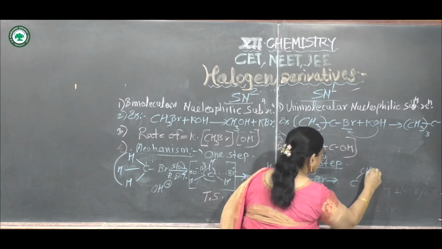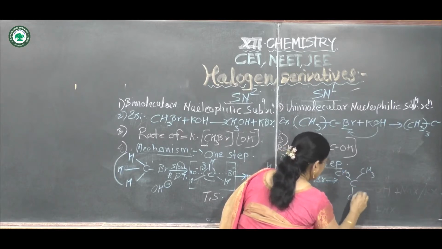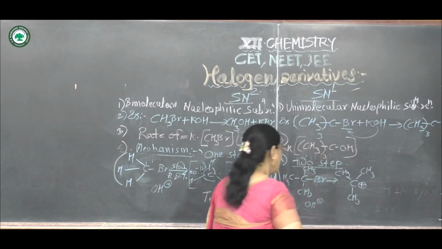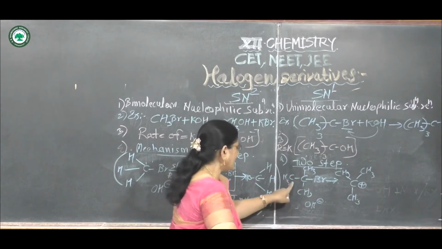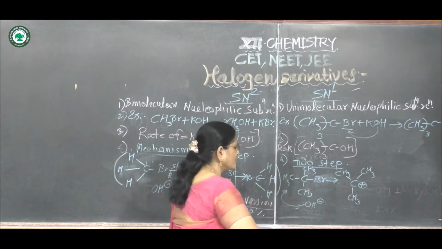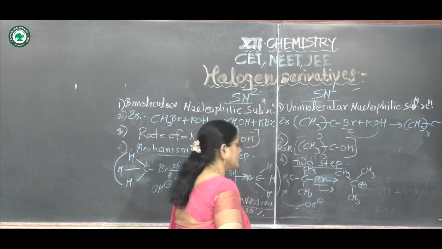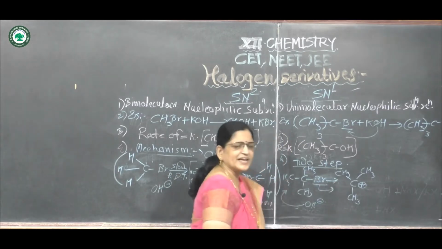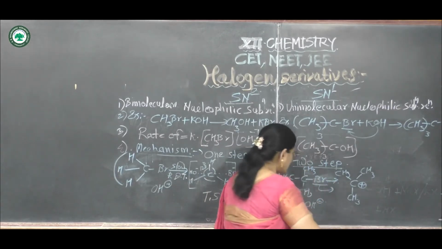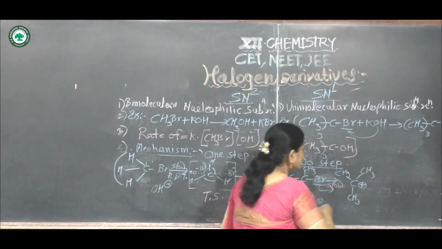Here CH3, CH3, CH3. This is the first step. In this first step, if this OH minus tries to attack this carbon, then the bromine atom gets released from the reactant and it forms a carbocation. Again this is a slow step. This first step is a slow step. Then in the second step,